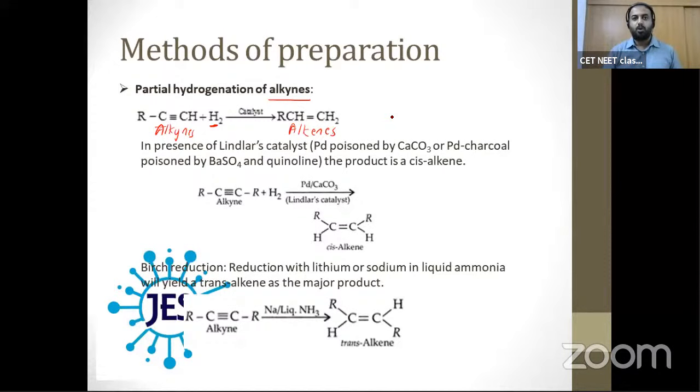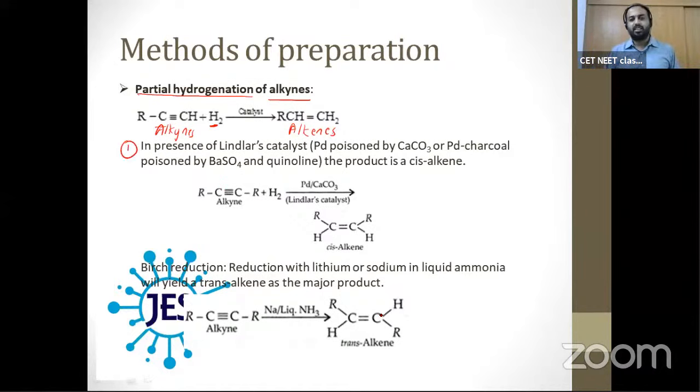Therefore what you have to do is conduct partial hydrogenation. You have to try partial hydrogenation. What is this partial hydrogenation? Partial hydrogenation means alkynes are getting reduced only to alkenes. You prevent or stop alkenes from further getting reduced to alkanes. You have to stop alkenes from becoming alkanes. Okay, how do we do that? There are two methods. Method number 1,